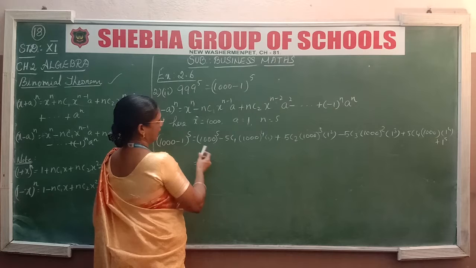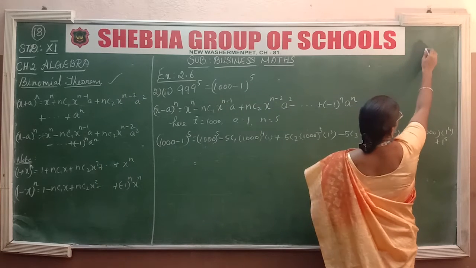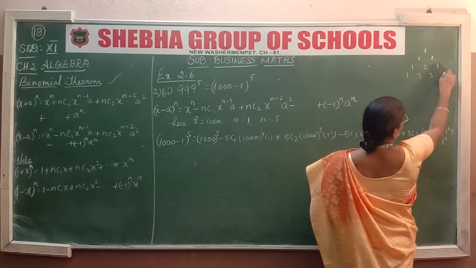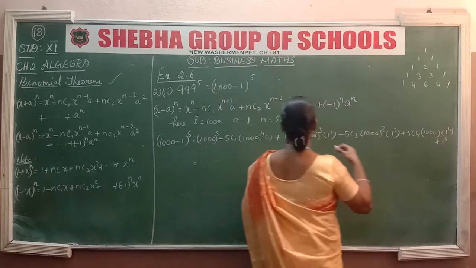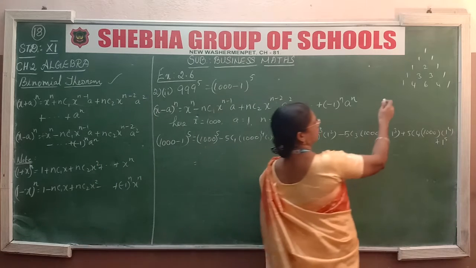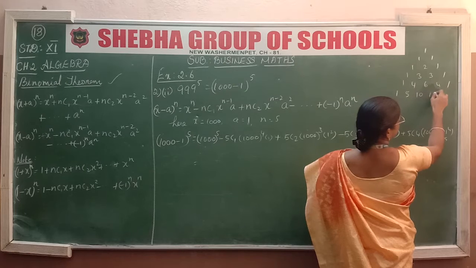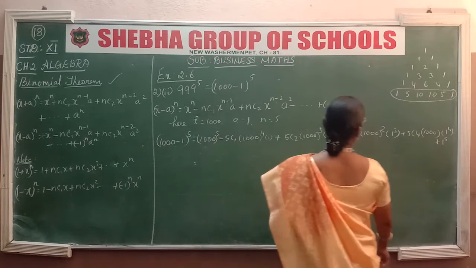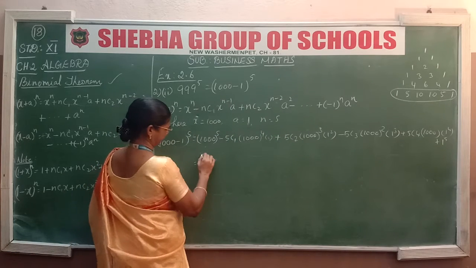To write the coefficients, make the Pascal triangle, that is 1; 1 1; 1 2 1; 1 3 3 1; 1 4 6 4 1. We have n equal to 5, so up to 5 we have to write 1 5, this is 10, this is 10, 5 1. So our coefficients are 1 5 10 10 5 1. So 1000 power 5 becomes